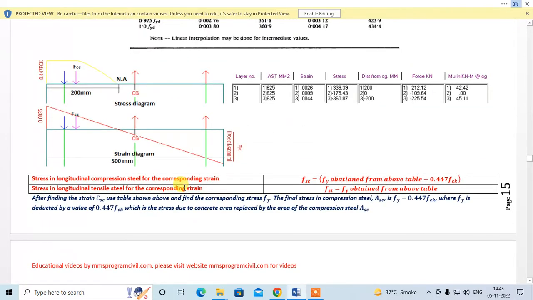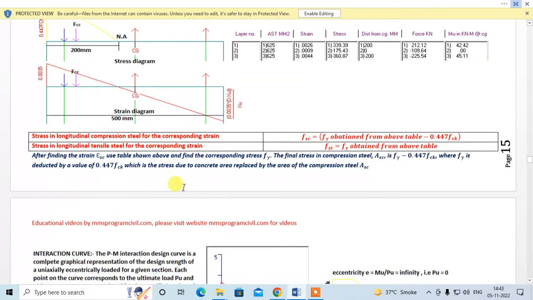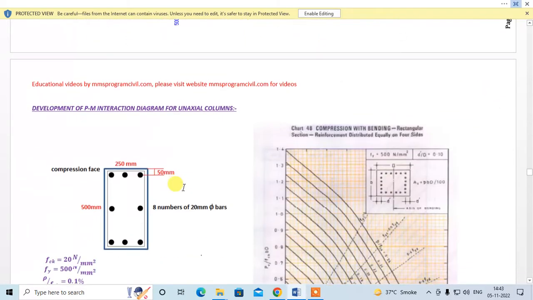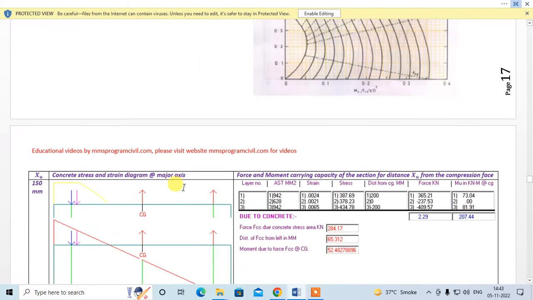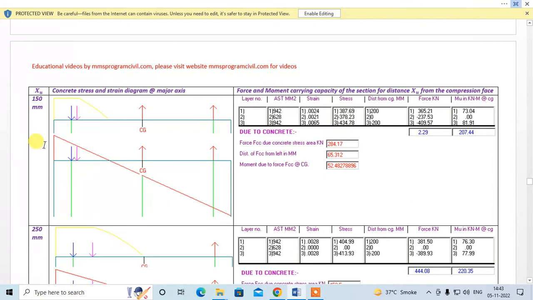So this is what I have used over here. Strain over here is 0.0035. Strain over here is 0.0035 into (d minus xu) divided by xu. So once you know, you can find the strain over here by the principle of similar triangles. So strain over here is